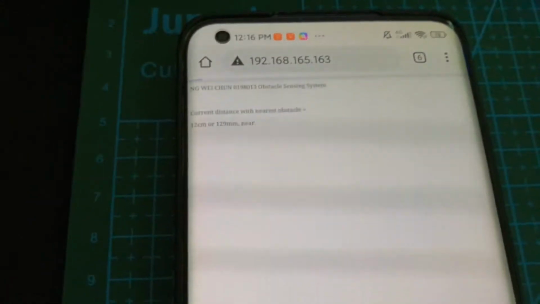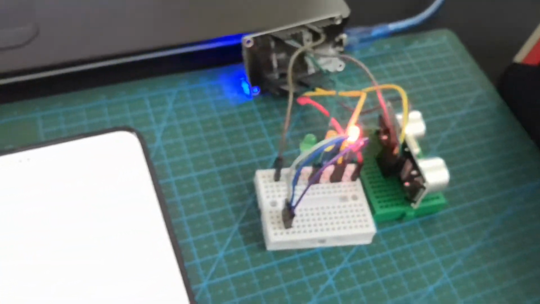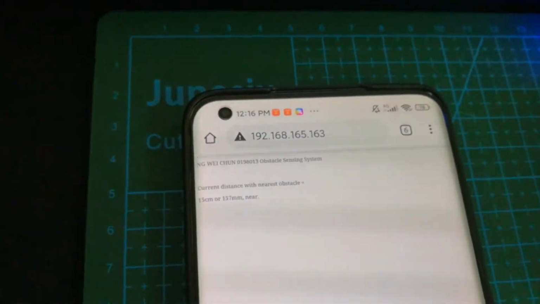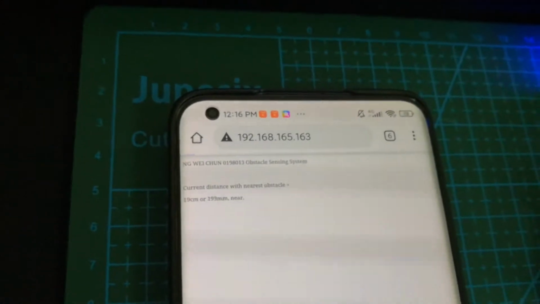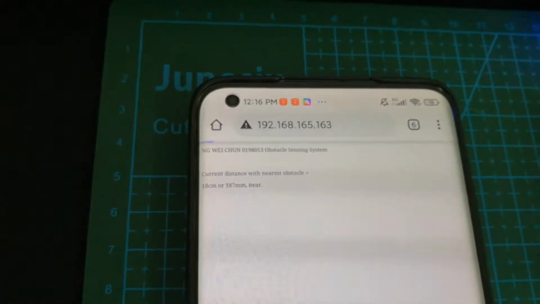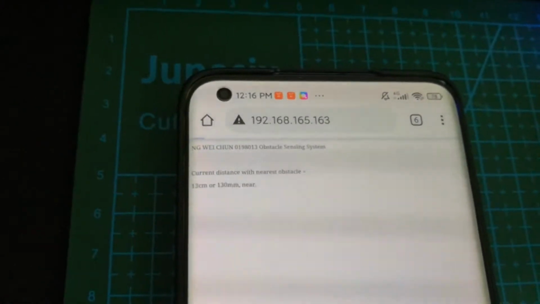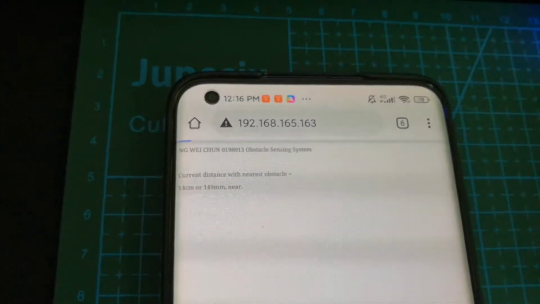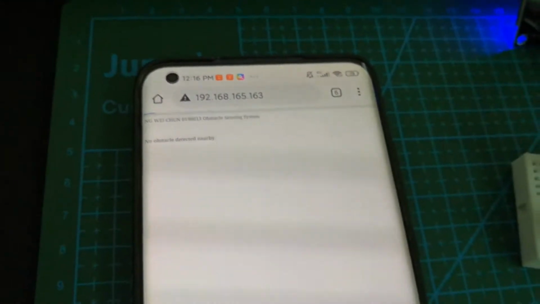Okay, so you see my hand is actually not touching the phone right now, right? So I'm actually moving this obstacle again, to demonstrate that it provides very accurate information, and the web page is actually refreshing itself automatically every 5 milliseconds. So here you can see the current distance is always changing. It shows cm and mm information along with the word for the 3-level range: very near, near, and far. After it exceeds the 30 cm range, there will be no obstacle detected nearby.